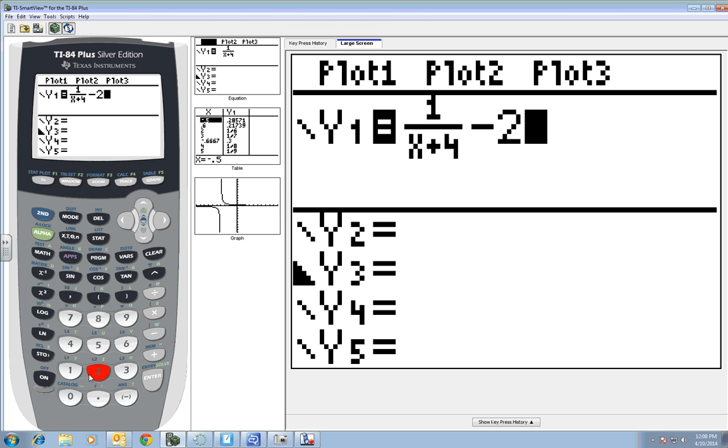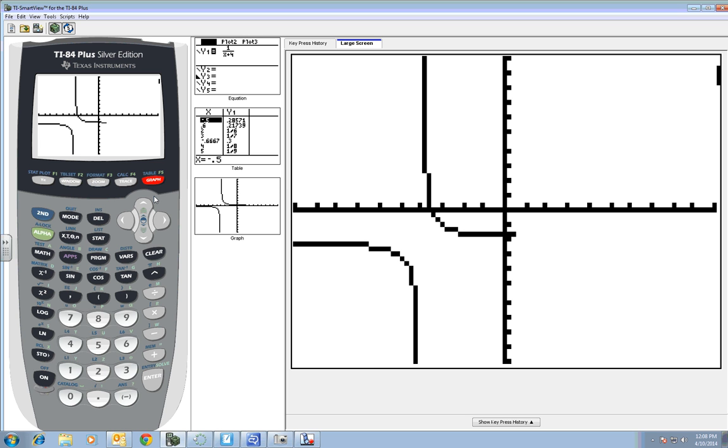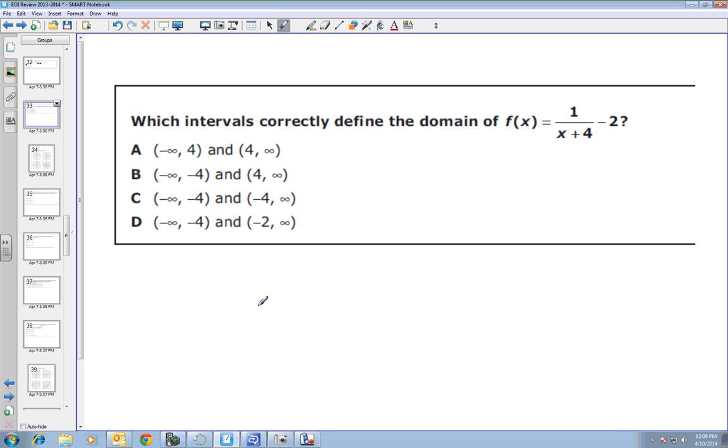So that's what it should look like. Okay, so you see this break? There's where I have a vertical asymptote. Okay, so I have an asymptote here. So my domain would be everywhere except I have a break. Well, where do I have a break? At negative 4. Okay, so if I want to choose the ones that are everywhere except negative 4, which one